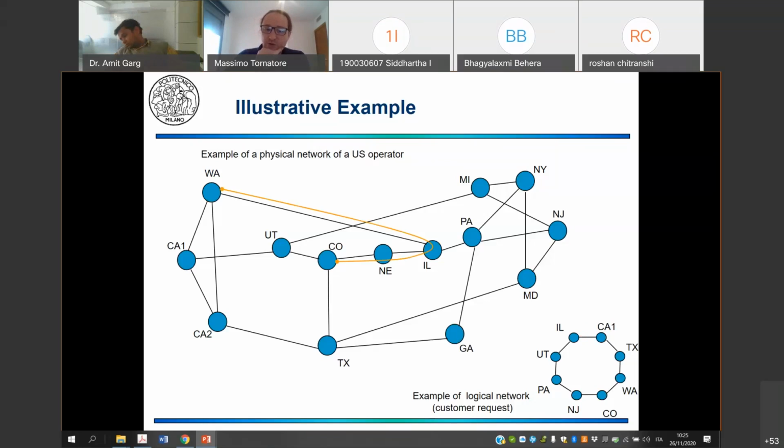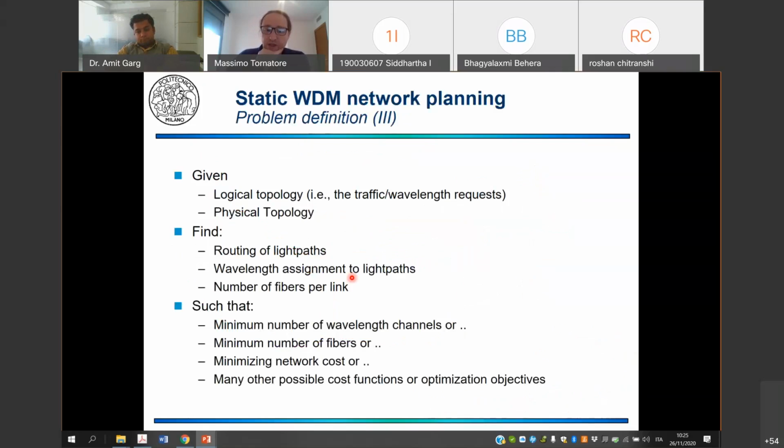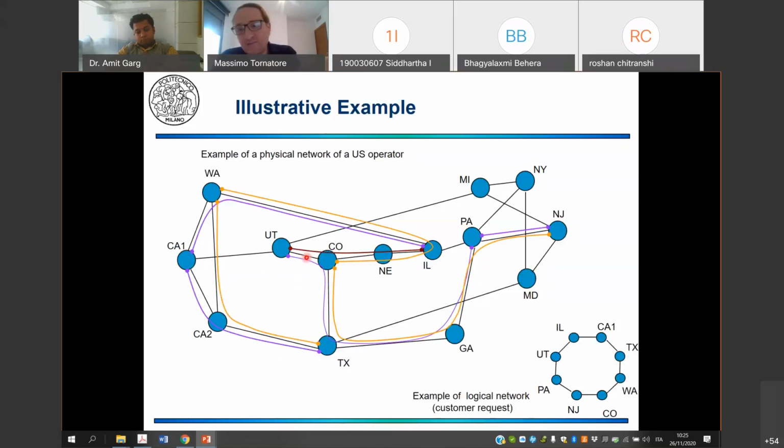For example, if I need to connect Colorado with Washington on this link, then I need to find the routing into the network, like this one, and I need to find the color, a wavelength associated to this routing. If I do the same for all the links of this logical topology, so I keep going, adding all the links of the logical topology over the physical network,